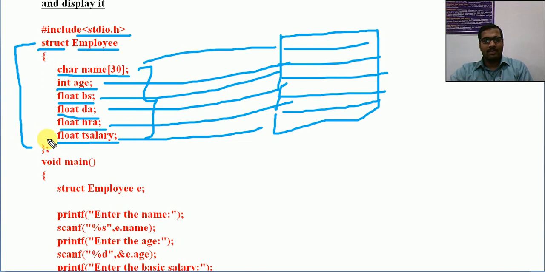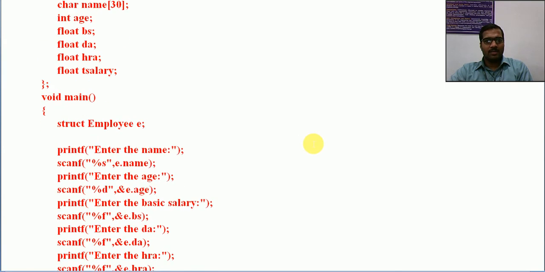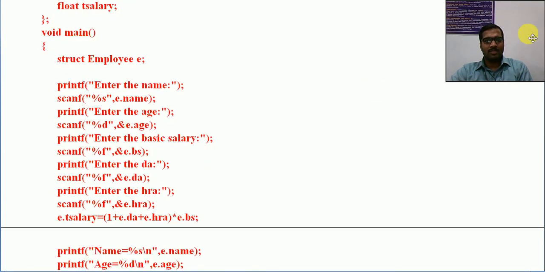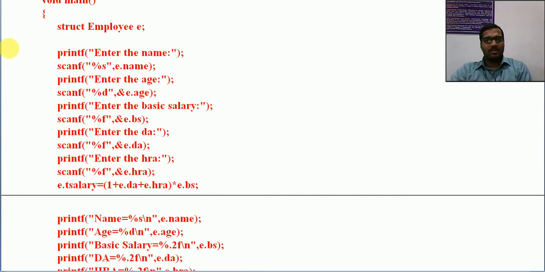Now the structure is created and the data type is there. Now in our program I will be utilizing this data type. This struct employee has been created here. Now inside the main, we will see how we can use this. How to declare: already I have mentioned how to declare the structure variable. Struct, name of structure, then I am declaring only one employee, E. I have only one employee, so I need to read the details of that one employee, then display the details of that one employee. That's all.